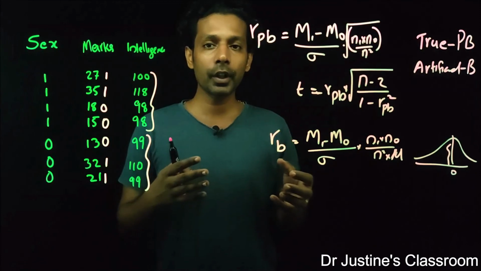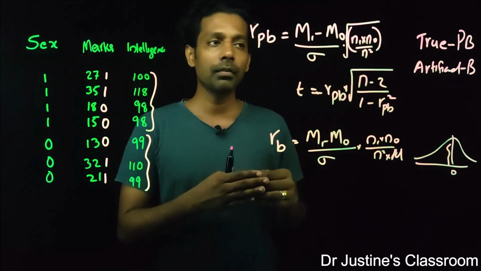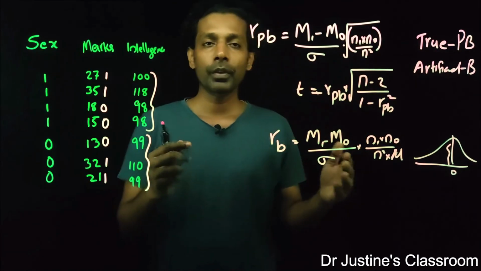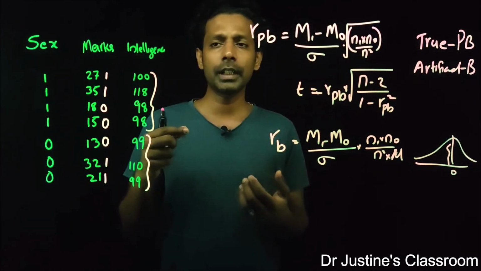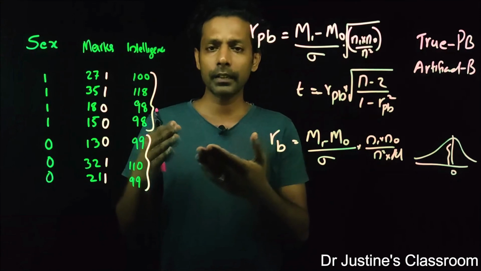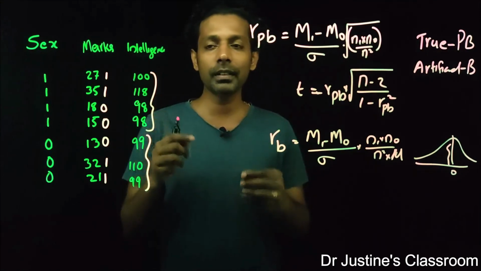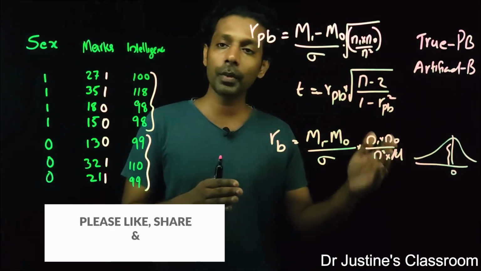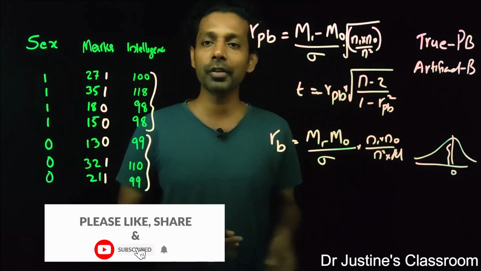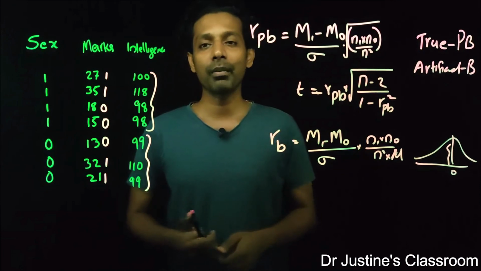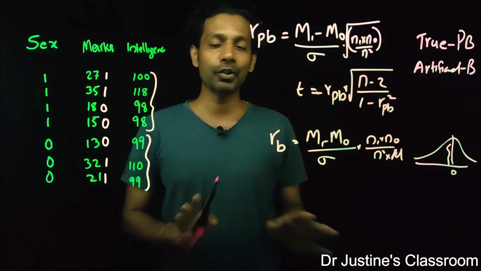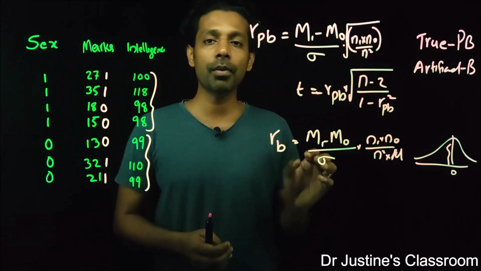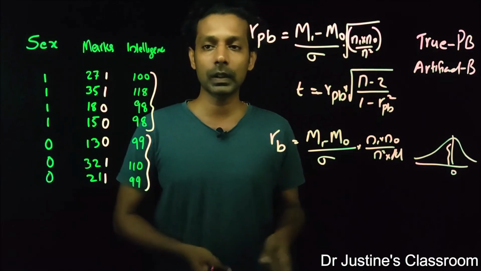Or there are situations where you need to correlate the response of each item with the total score. So the response of each item would generally be either a correct answer or a wrong answer. So that response is a clear-cut true dichotomy. Okay, and the total score would be continuous data. So if you want to find out the relationship between these two variables, you have to go for a point biserial correlation. Very frequently used, almost every time. In the last 2 years they have asked this question. Point biserial correlation can be used in that context.